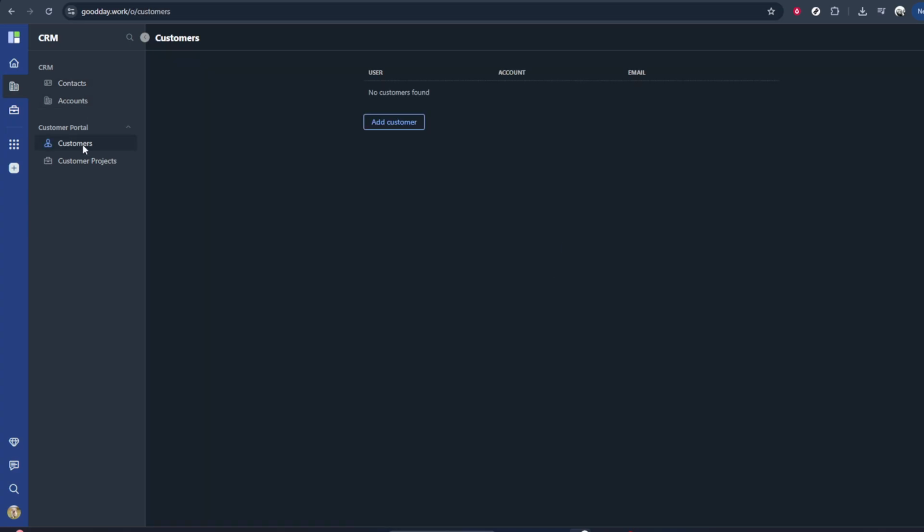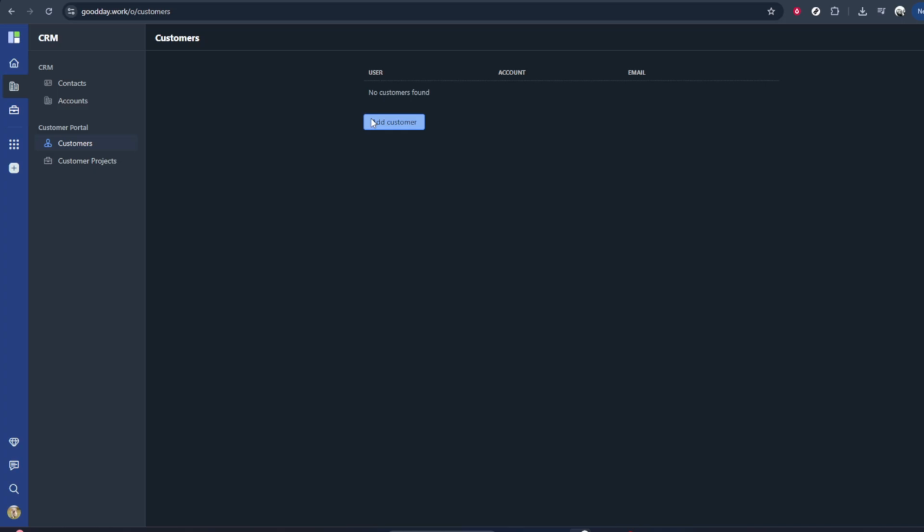Look for a button that lets you create or add a customer, often labeled New Add or similar. Once you click it, a form will appear where you can fill in the customer's details. Enter the key information you have, such as the customer's name, company, contact details, and any other relevant fields that appear. Try to be as complete and accurate as possible, since this information will be used later by you and